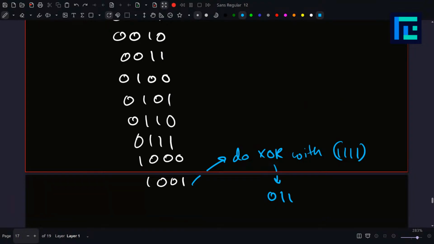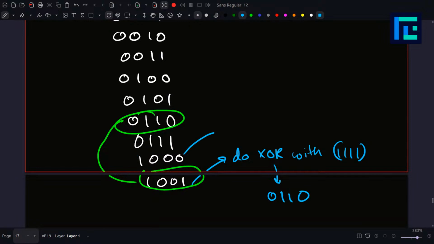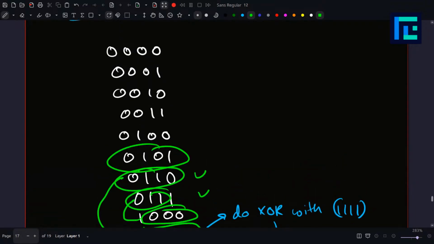So we can pair them up. So I paired this with this. Okay, now I move to the next element. Again, if this one's complement exists in the array, so this one has a complement of 0, 1, 1, 1, right? And if this exists in the array, again I pair them up. So as you see, I have paired them up here. Okay, now this is already visited, so I skip that. They're already paired. Now I go here, I check its complement, and its complement will be 1, 0, 1, 0,